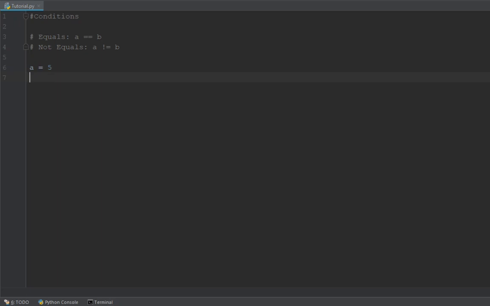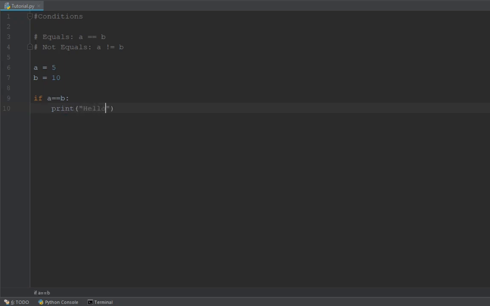I've already assigned A the value 5. I'm going to give B a value of 10, and then we are going to make an if function which is going to check if the subsequent condition is fulfilled or not. And if it is fulfilled, then we want to execute the code that comes after the colon, which is going to be print